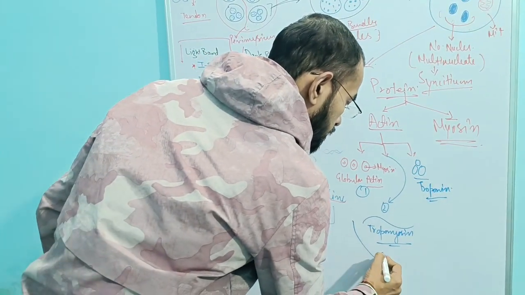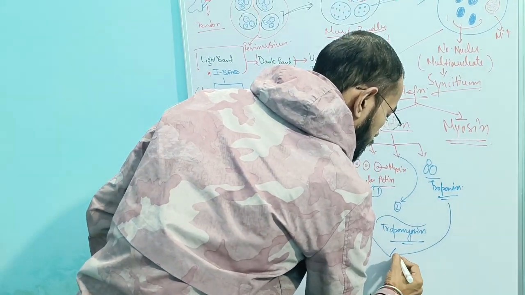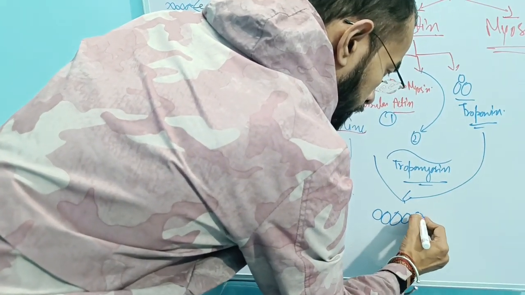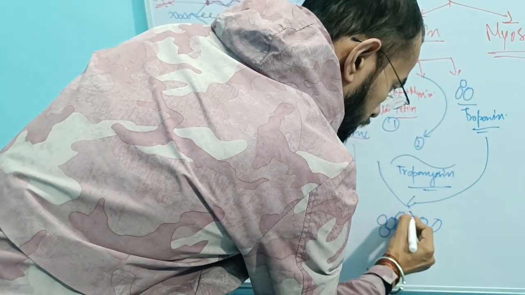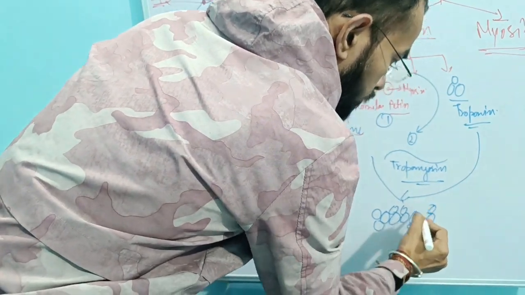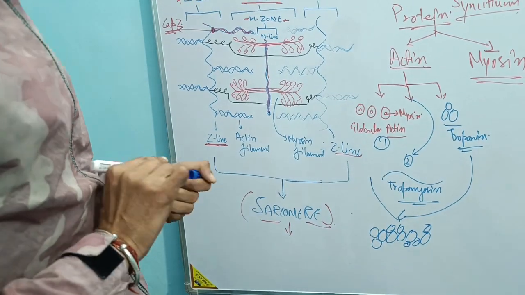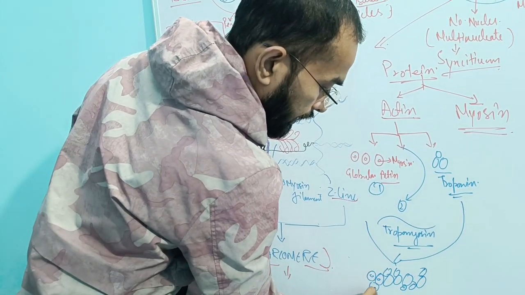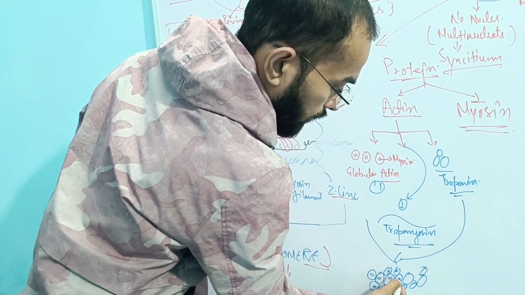All these, globular actin, troponin and tropomyosin, form the filament of actin in such a way that it looks like a spiral. Actin has the site for myosin attachment, as we draw here,